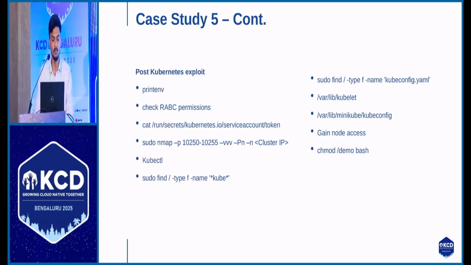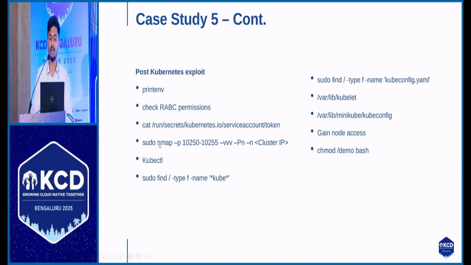These are some of the commands you can run once you get access to someone's pod. You can check printenv. In the environment variables, you might get credentials to their database. And you can check what roles you currently have on the pod you gained access to. If you don't have access, check for the service token, and what roles have been assigned to your service token.